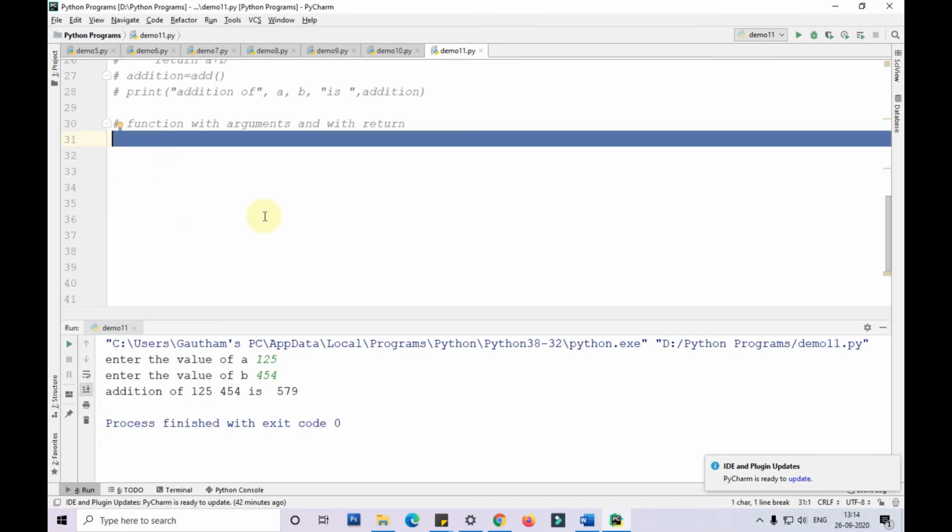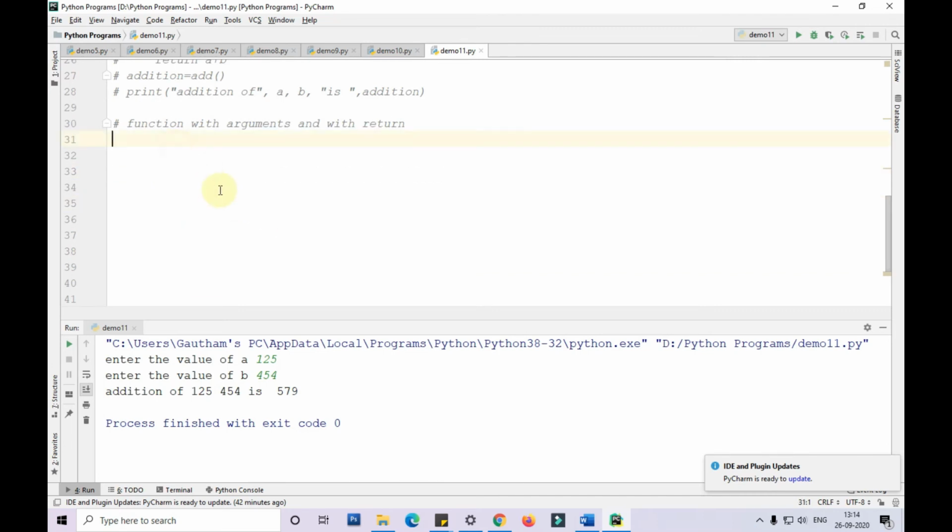Okay, so we are taking a function called def math1(A, B). We can also pass default arguments in this, that's not a problem. So let me pass B is equal to and run this program.